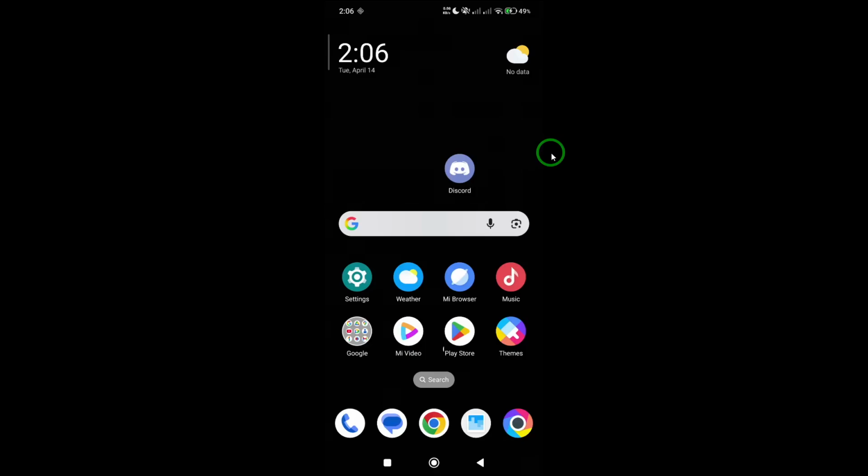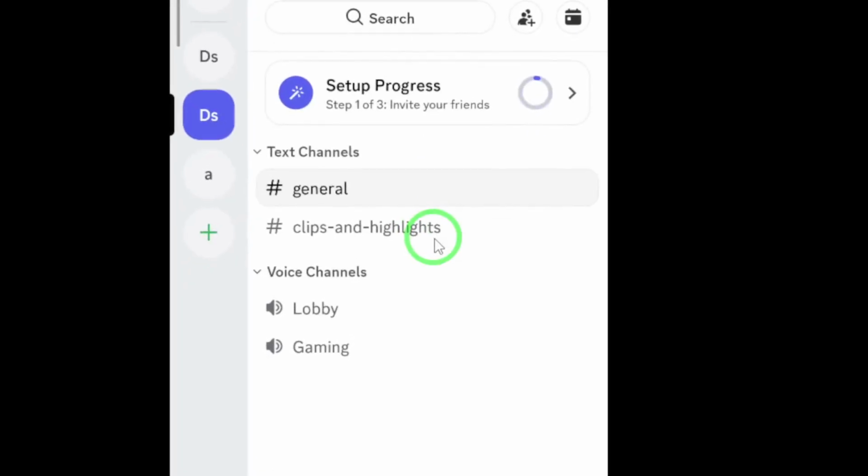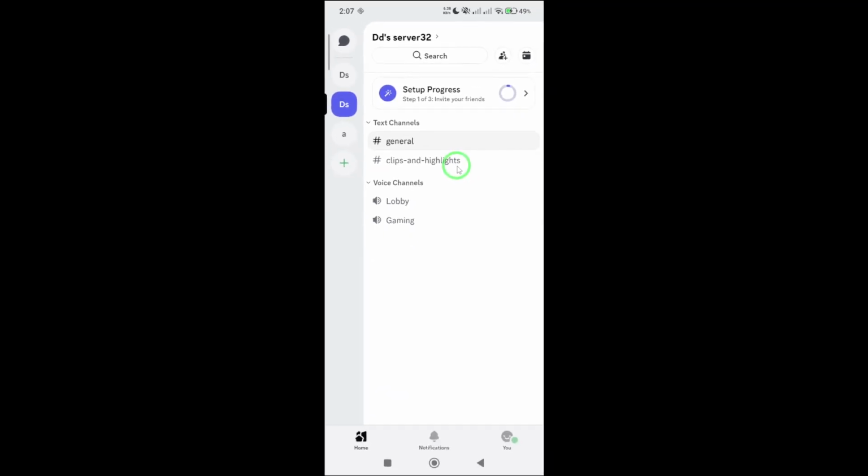First, open the Discord app on your device. Make sure you're logged into the account that has admin privileges for the server you want to change. Once you're in, head over to your server list on the left side of the screen and select the server